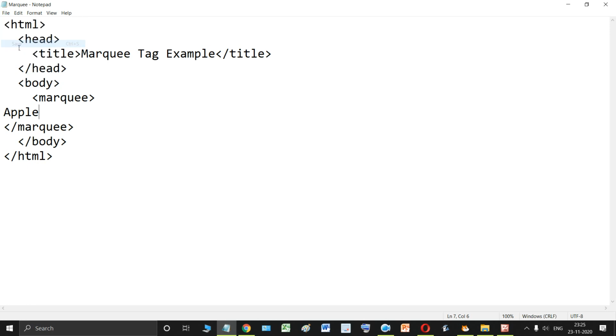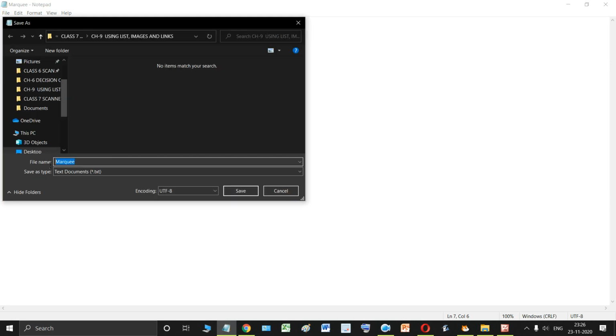I will save this file, and I'll give it some name. You can give it any name, suppose scrolling text.html, but it should always have a .html extension.